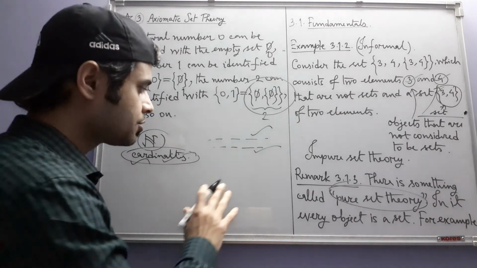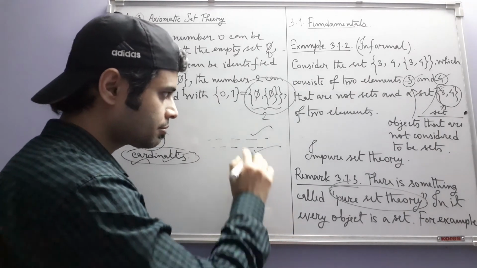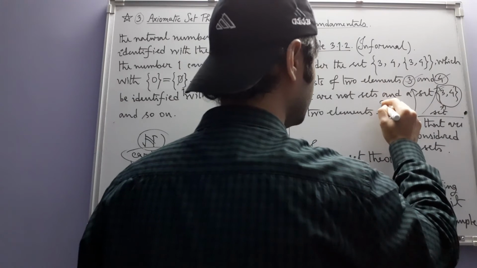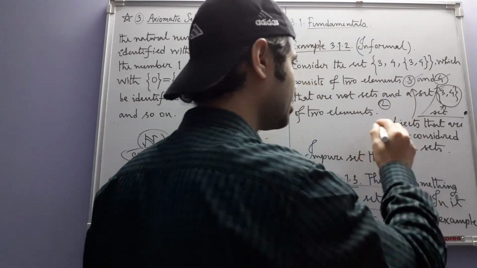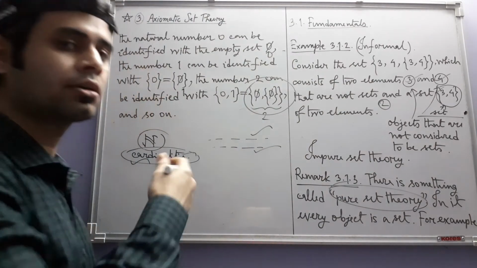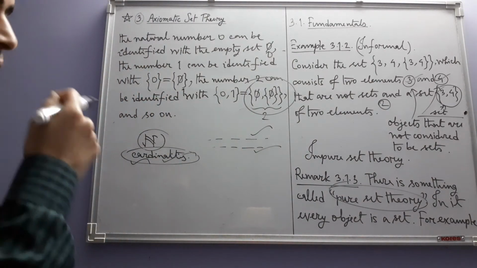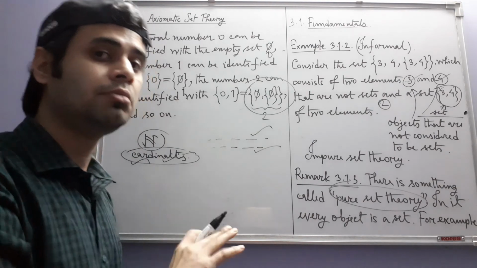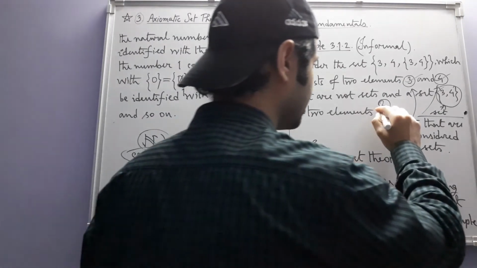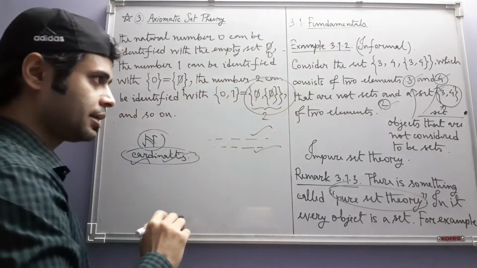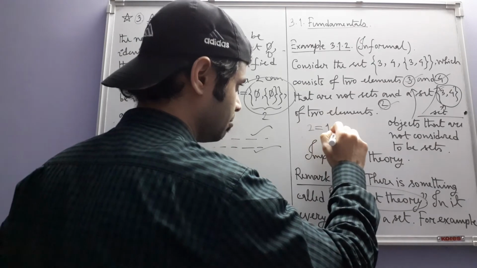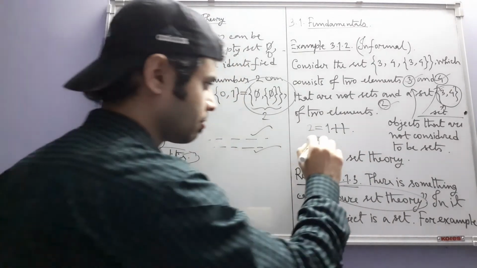So whether a given object, say 2, is defined using sets only, or 2 is some other concept which has its own meaning, that question is not important to us. It does not matter whether we think of the number 2 as this set or as this natural number by definition,